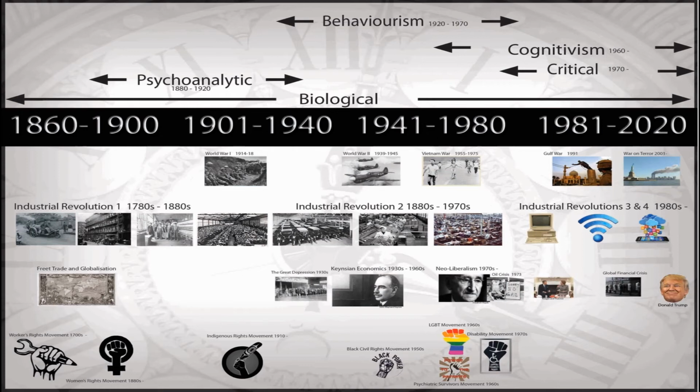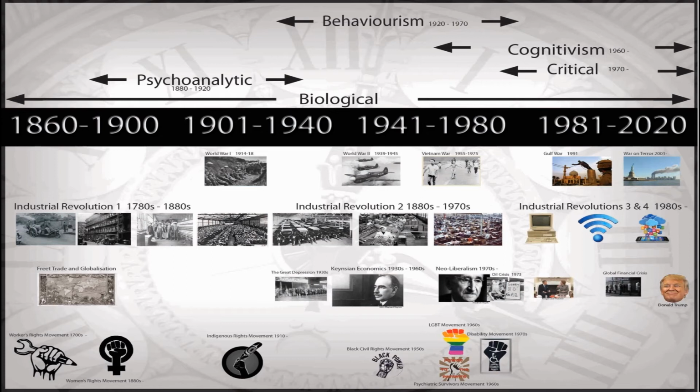So in front of you, this is the history map that I've produced for us to show the schools of psychology, but also to map on some key historical events that were happening through the late 1800s through till today. And what I've done is to pick out 4 different threads. So we have war, particularly World War I and World War II, the Vietnam War, the Gulf War, the Iraq War, and the present so-called War on Terror. We'll look at the last one of these in terms of its impact on psychology.